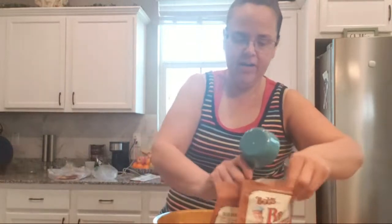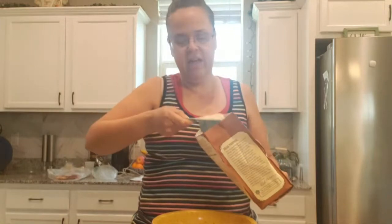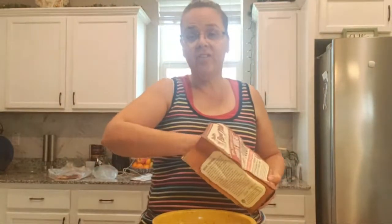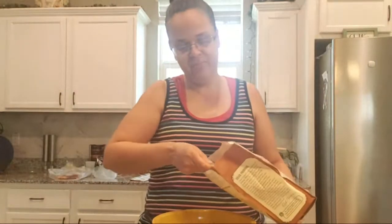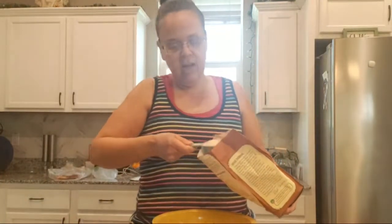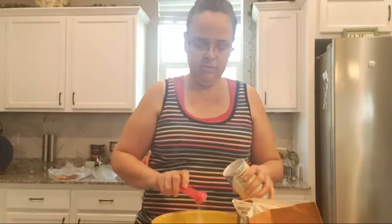Okay, so for now we have 2 cups of flour. This is wheat flour. I'm gonna make some bread for after this chicken here marinates. He's gonna cook it in the frying pan, and it's gonna have a lot of gravy. So you really want to eat it either over rice, but you definitely want to eat it with some nice Indian bread. But this is just a basic tortilla recipe I'm making of wheat flour. Okay, so we got 2 cups of flour and 1 tablespoon